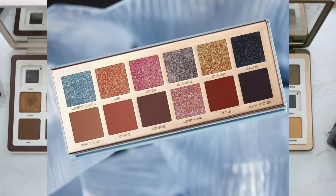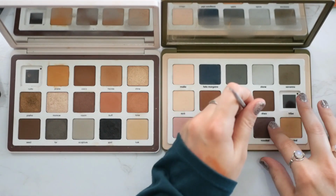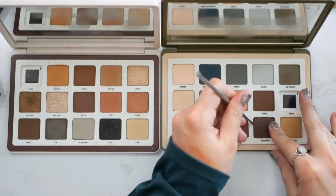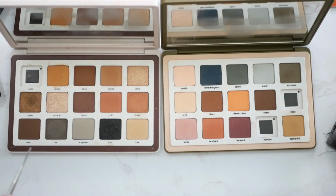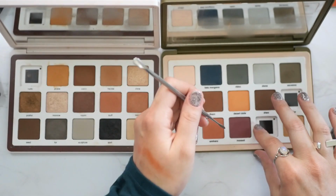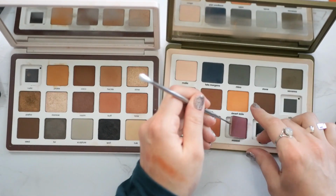The shade Dark Matter, on the Trend Mood site, is showing as just a really dark shade, but the one on the Anastasia website is actually showing it as a dark purple. So for that, I'm actually going to pick Voodoo from the Safari palette. And then from the same photo on the website, it's showing Eclipse as also more of a purple. So I'm going to choose this shade